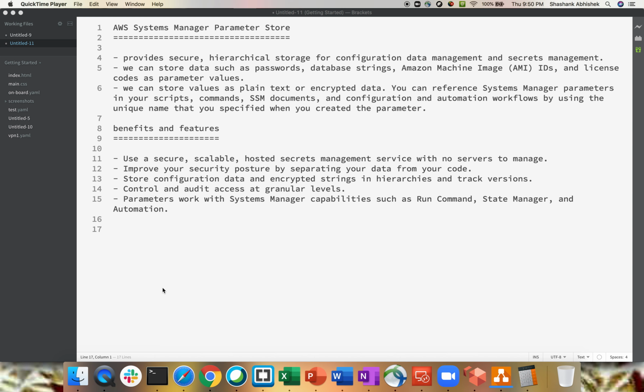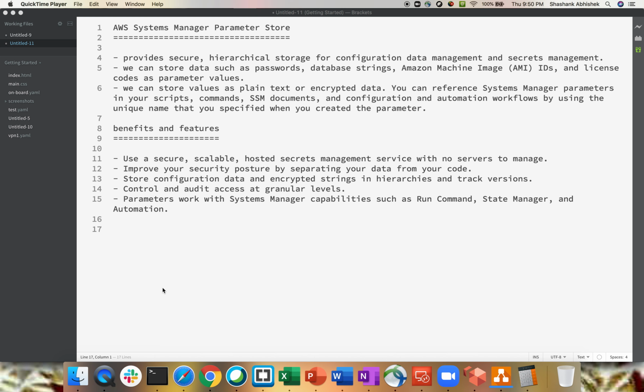We can store the values as plain text or as encrypted data as well. Let's say you want to store a password for an administrator; you can store that as plain text or encrypted data. You can reference Systems Manager parameters in your scripts, commands, SSM documents, and configuration and automation workflows by using the unique name that you specified when you created the parameter.